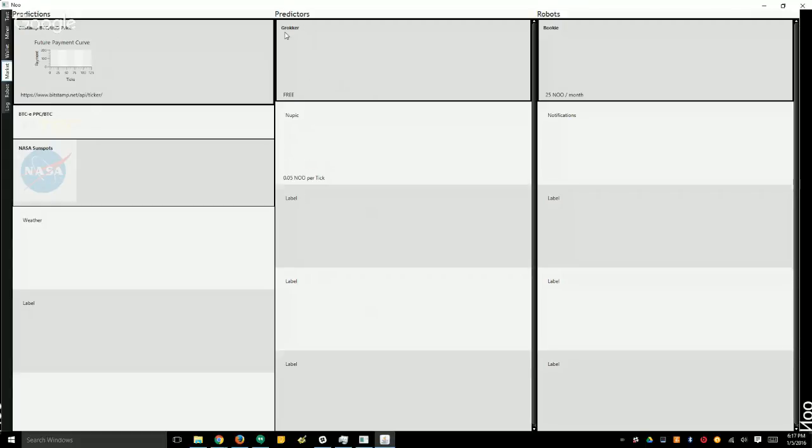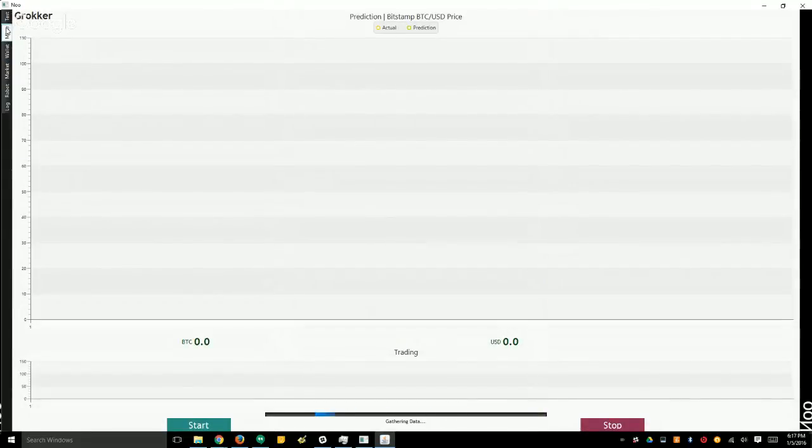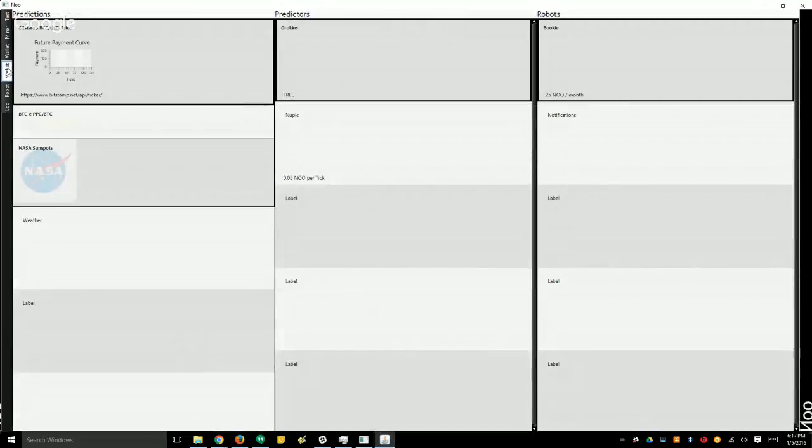Okay, so these are predictors. What these are is you can download these to mine with. So these are your AI engines. You could either use the Grokr engine, which is the one I just showed you in the book, the one that's built in here. This one, the miner. We just call it the Grokr engine, it doesn't matter, you can call it whatever. So that says Grokr, which means I'm running the Grokr. That one's free. I can just download that and mine on that.